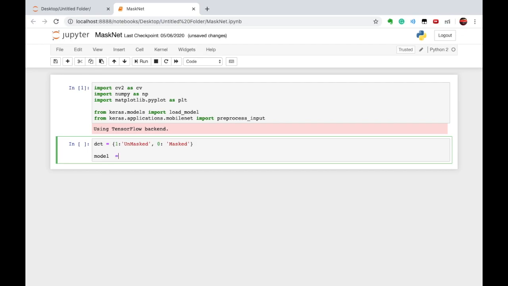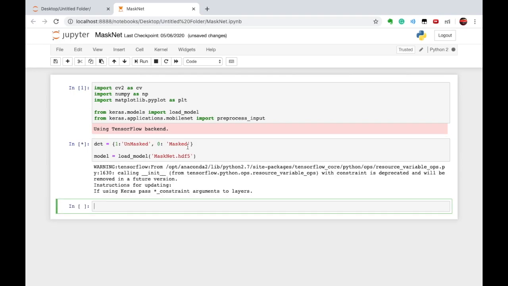So model is equal to load_model, masknet.h5. Clear? Now just execute this.